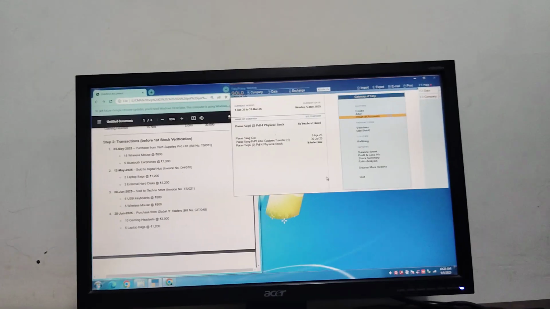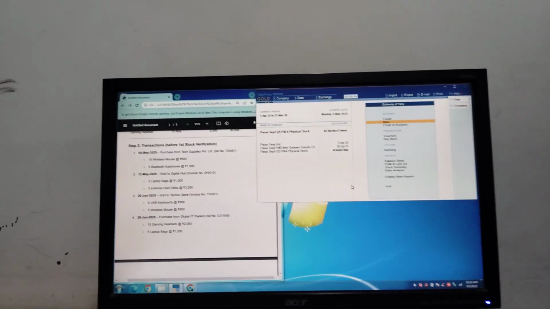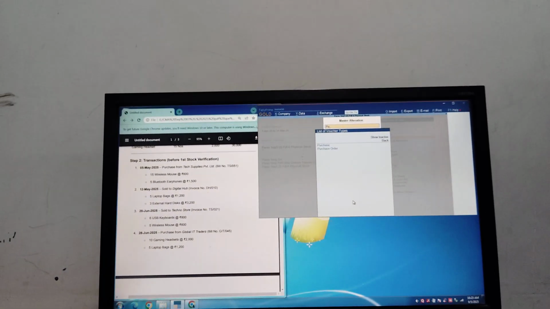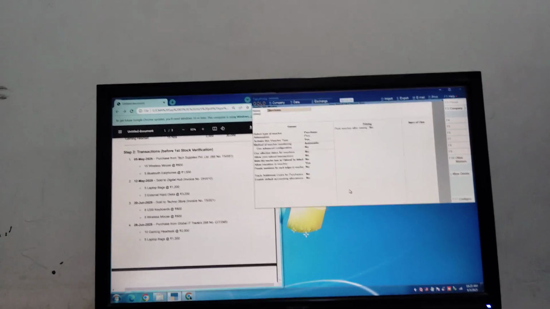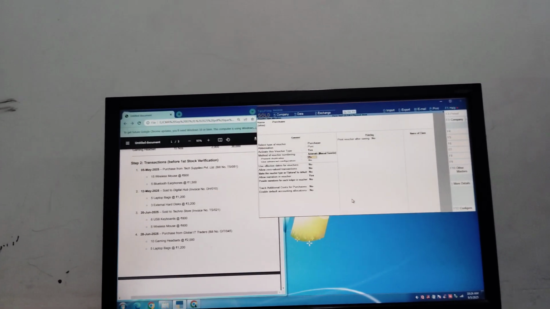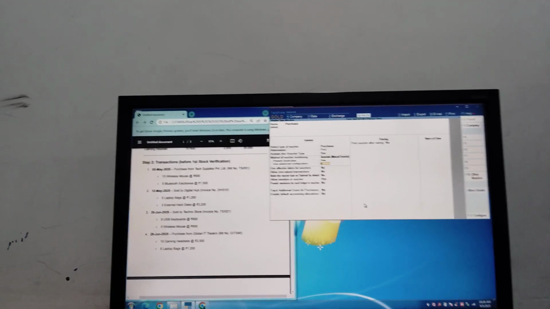Then we have to pass the transaction. Before passing the transaction we will go on alter, go on voucher type, click purchase, then under that we will select automatic manual override, click yes enter, yes enter.